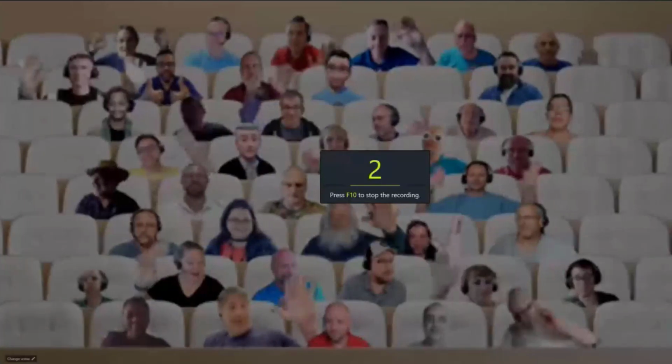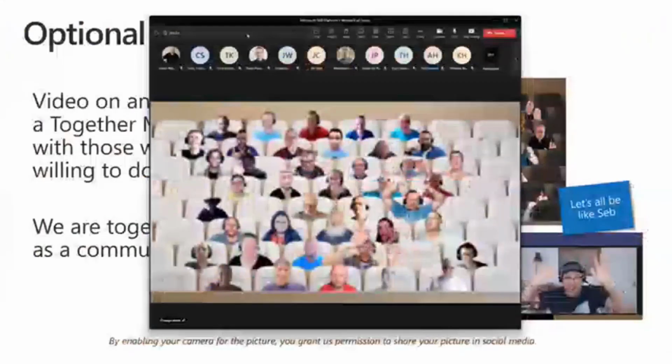We can still see people waving hands, so that's important. So I will still record this. Oh, it's getting a bit better. And let's do some hand waving, everybody. Thank you for joining on the call. I can still recognize familiar faces in here, even though it's quite pixelated. That is pretty mind-boggling. So you can guess, this is like 8-bit Together Mode in Microsoft Teams, right? But who wouldn't recognize Seb on the second row in the middle, showing how you do hand waving? Thanks, everybody. Really, really cool.